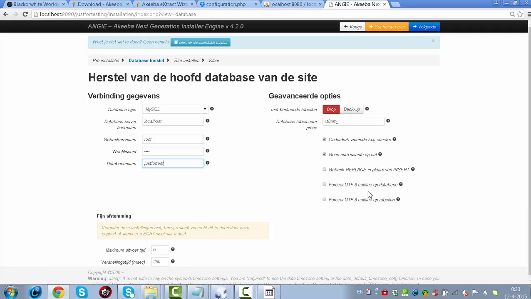You could also choose to use this installer when you have already created a backup. You already have your website in here. You can also just use the backup and write it over an existing backup. You can make the tables drop, or you create a backup of them. So I'm going to click on next,